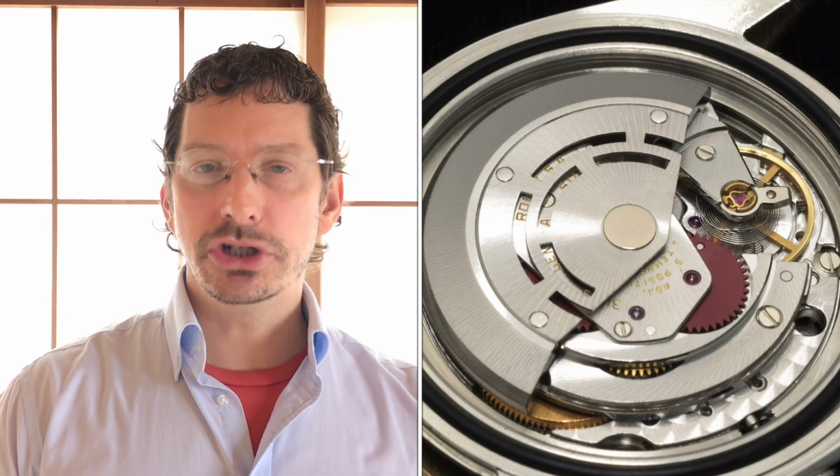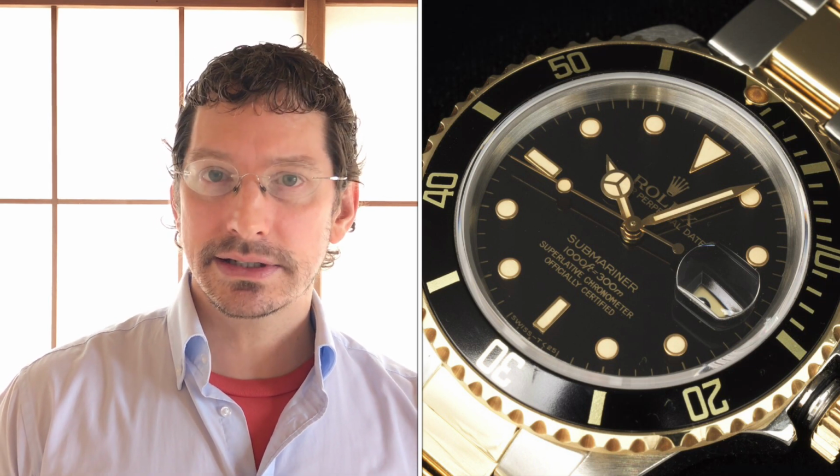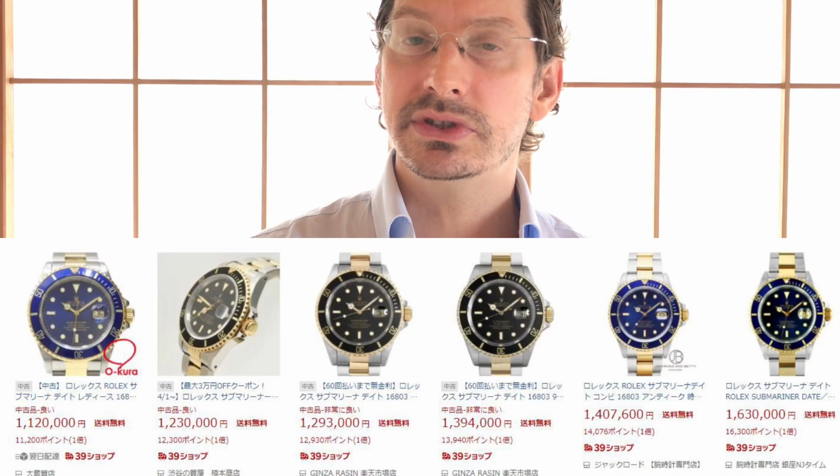And by the way, some of these are not going to be his birth year, but this one for 1,230,000 yen, it's a black dial version, 1984. It's the second cheapest. It's box, papers, looks like a really good example, clean movement. These are going to be tritium watches and acrylic crystal watches, and the tritium looks good and the hands seem to be tritium. This seems to be a great price and a great piece,